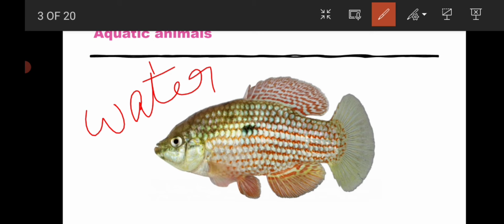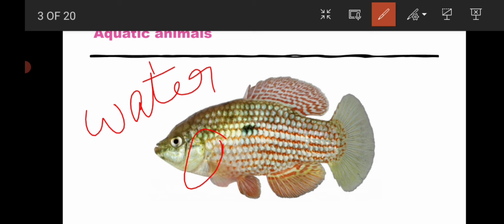You can see this fish. This fish has gills over here. This is the organ for breathing. These gills help in the breathing of fish while in water. When this fish comes out to land, it can't survive because it doesn't have lungs to take air inside and to breathe out. So these fishes will survive only in water. So they are called aquatic animals.